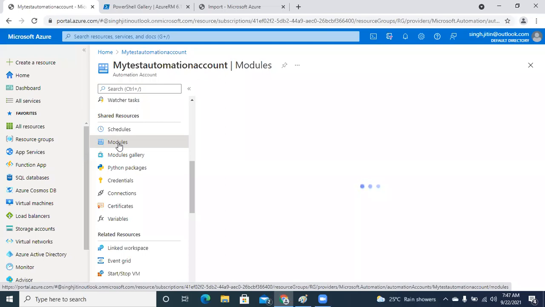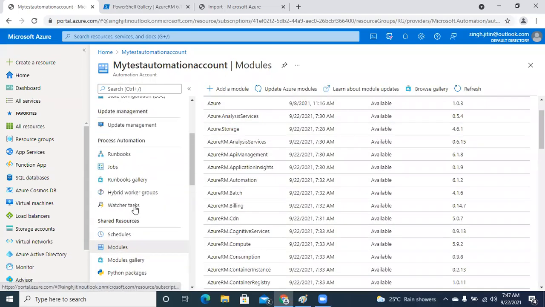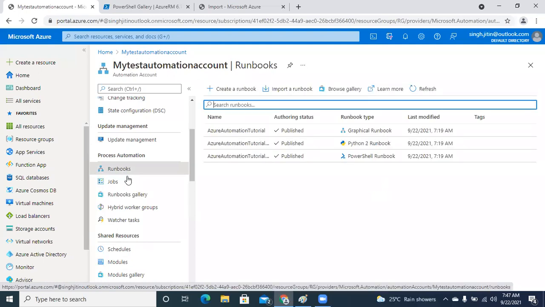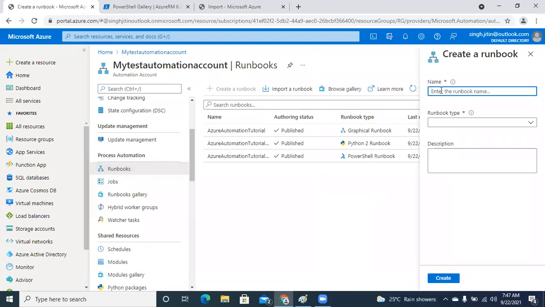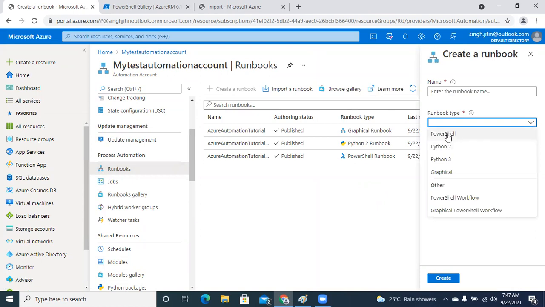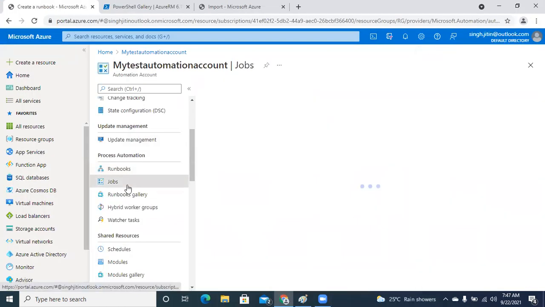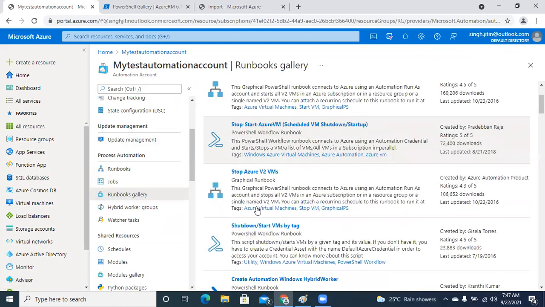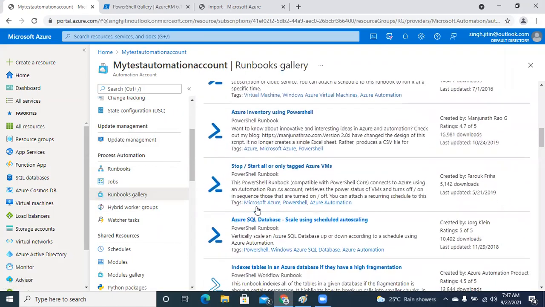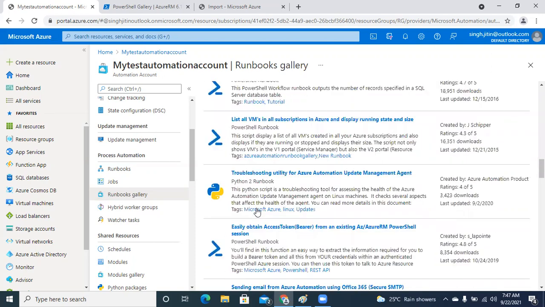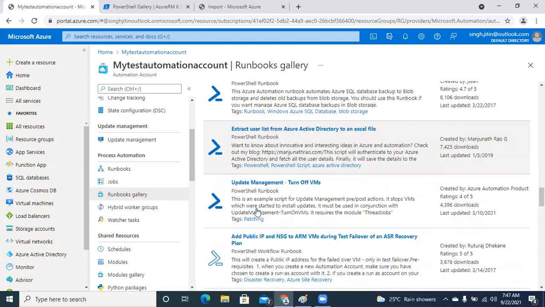Further, you have the modules if you are using PowerShell. Now, before we go ahead and get into the modules, let me show you the options available that you can use in the runbooks. So you can give the name, and you can bring PowerShell, Python 2, Python 3, graphical, PowerShell workflow, and graphical workflow script, as mentioned earlier in the demo. Now guys, here you can create jobs as well. If you want to create any sort of jobs or see the status, runbook galleries are available, in case you would like to bring any specific module that you are targeting for a particular execution, you can bring it over here.